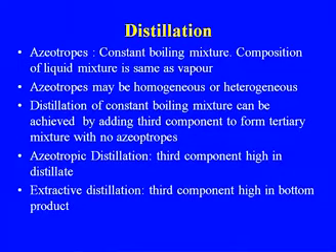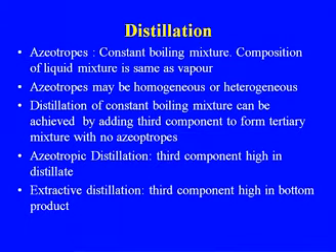in the distillation process, that is the azeotropic and extractive distillation, so we can also process the close boiling components. So, this is about the azeotrope, a constant boiling mixture where the composition of the liquid mixture is the same as the vapor, and so the separation is difficult by conventional distillation. Azeotropes may be homogeneous or heterogeneous.